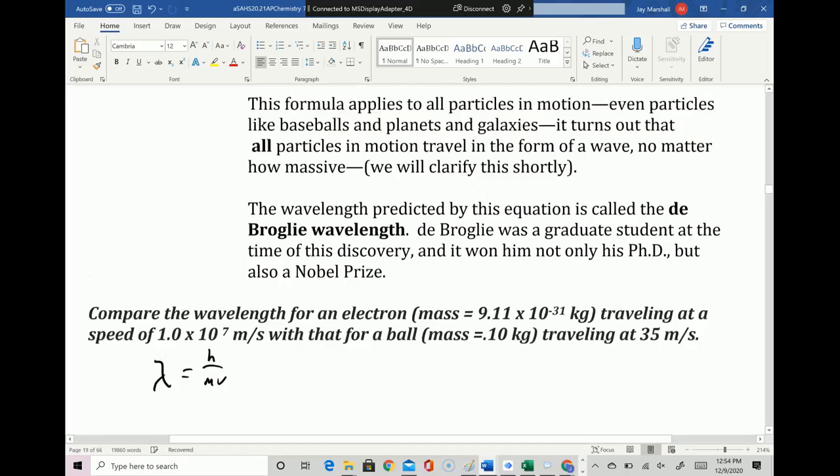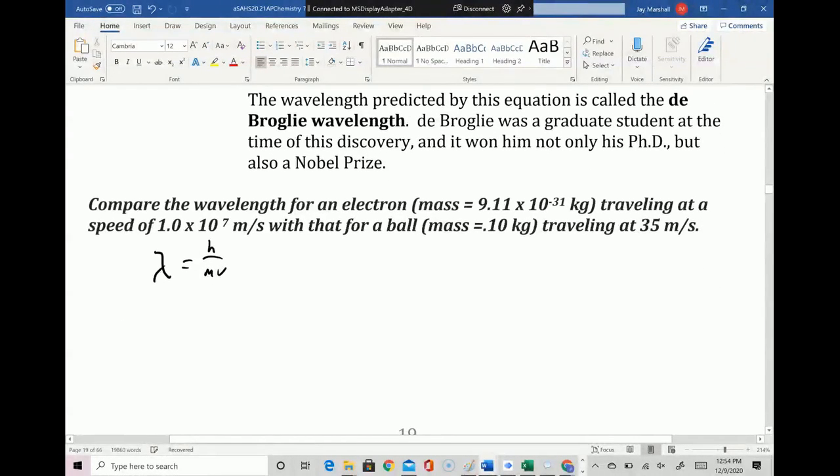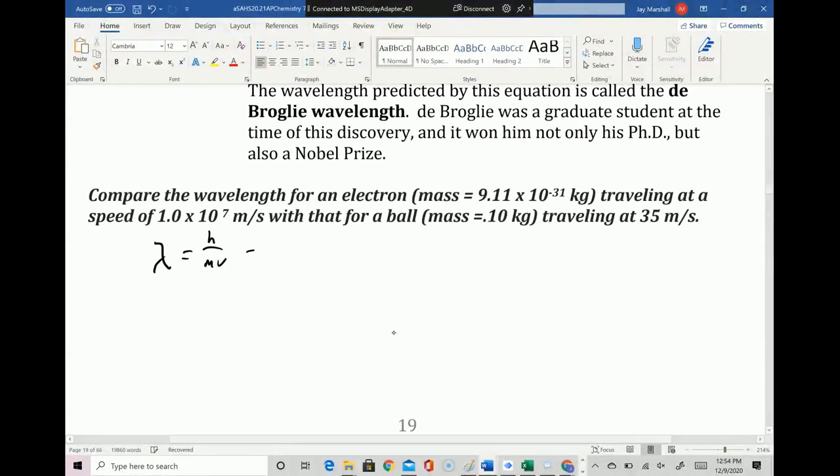Let me just make sure that that's right. Yeah, h divided by mv, and so this is going to be 6.626 times 10 to the negative 34th joule seconds divided by, for the velocity, 1 times 10 to the 7th meters per second,